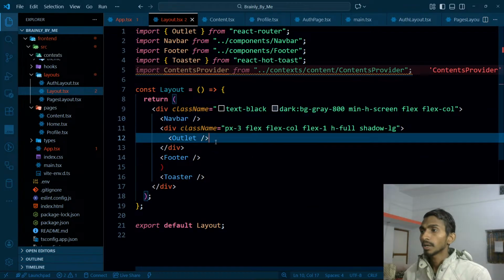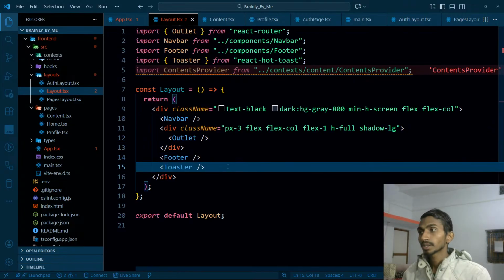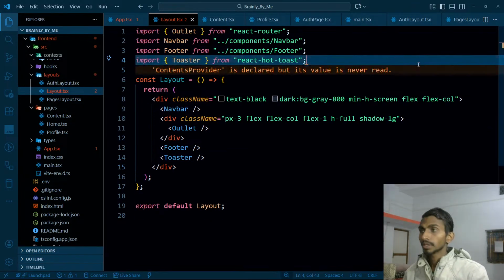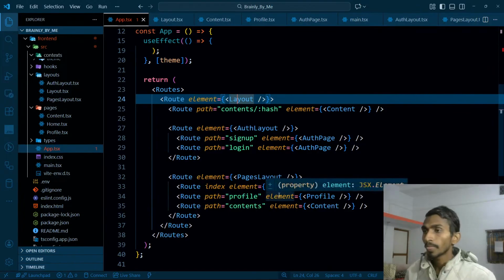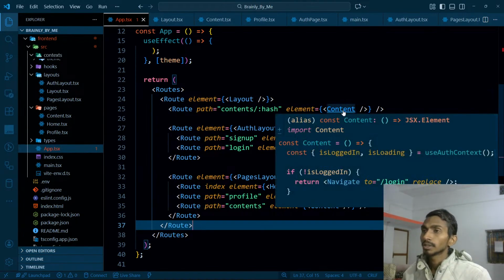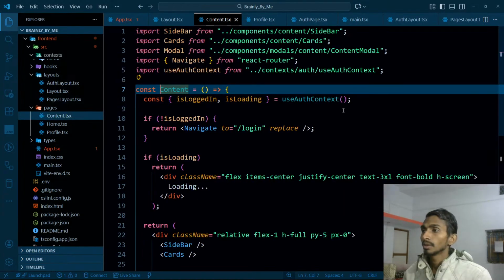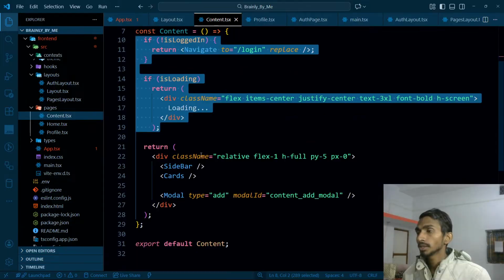I will be getting my navbar, outlet and footer. That is it. Control X. And it's just gonna be like this much. Let's get rid of this thing as well. Pretty simple, straightforward. And the next thing that I'm going to do, whenever I'm going to my content page, first of all I will be checking whether the user is logged in or not, and just after that